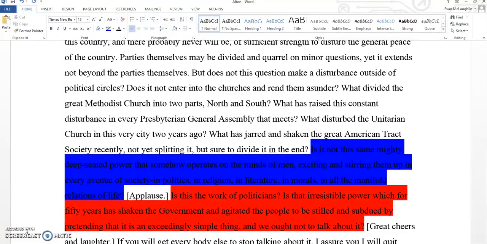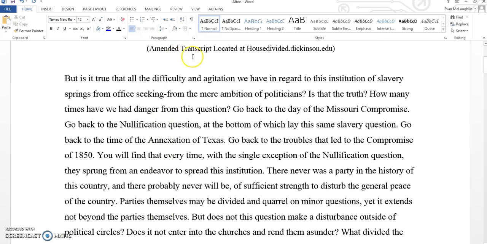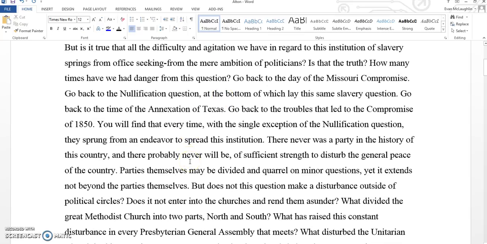And Lincoln recognizes the straw man fallacy of logic. He also uses aesthetics here to focus the debate on slavery's expansion, to cut away all of Douglas's distractions, really stop slavery's expansion, and recognize slavery as a moral wrong. So as we begin analyzing Lincoln's statement here on this amended transcript from the House Divided at Dickinson.edu,